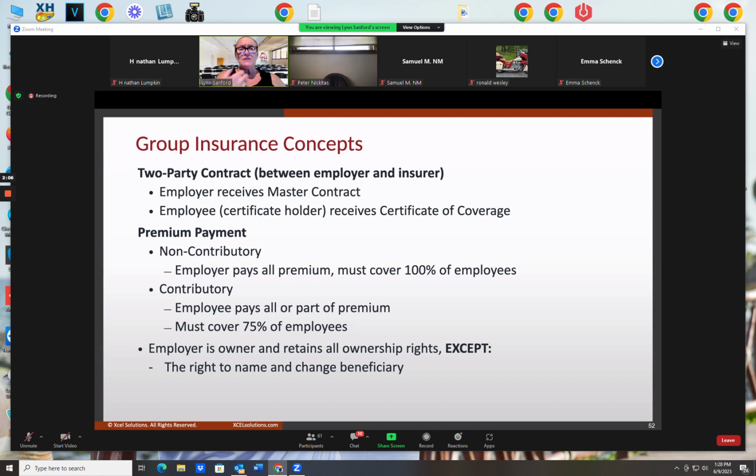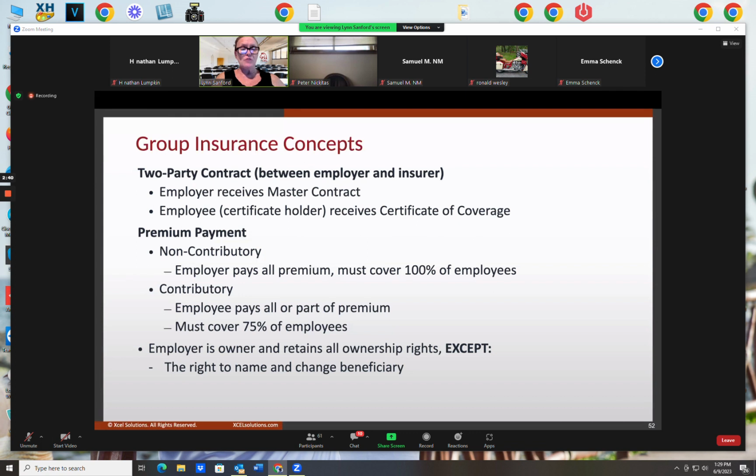If you were in my classroom, I would make you all employees of the same employer to have this discussion with you. So, you guys on Zoom today are all employees of the same employer. You all work for the same employer. Your employer has decided to offer a group life plan as an employee benefit being offered to you through their group benefits. So, if that employer pays all of the premium for you, it's known as a non-contributory plan, because you, the employee, do not pay any portion of the premium. Your employer is paying it all for you.